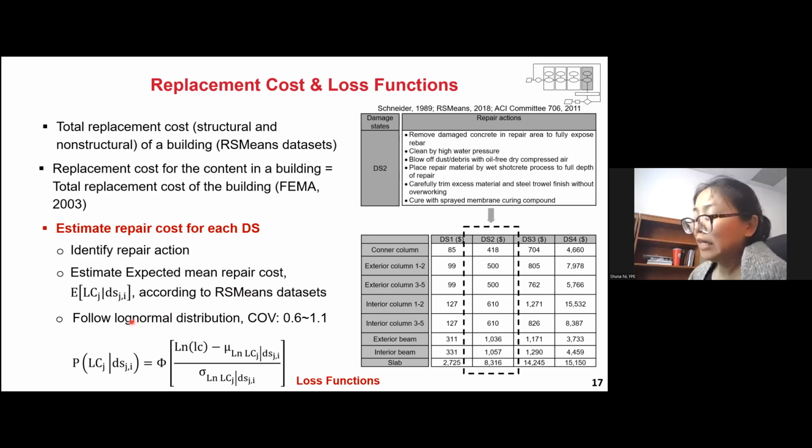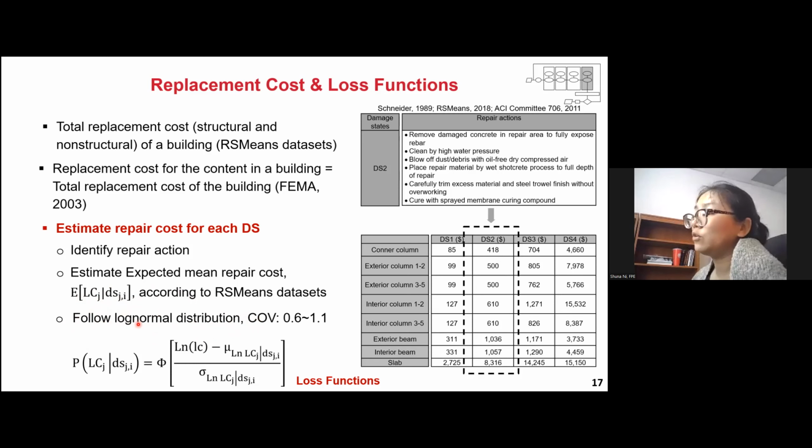So what we did is we also assume the repair cost follows a log-normal distribution. This is referred to some study by earthquake researchers. They did a survey and found that even the repair cost follows the log-normal distribution. So after you have defined all these costs and described them as log-normal distributions, then we